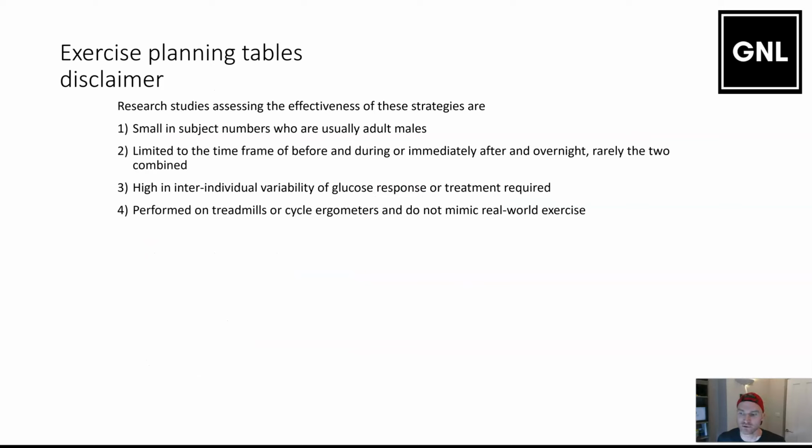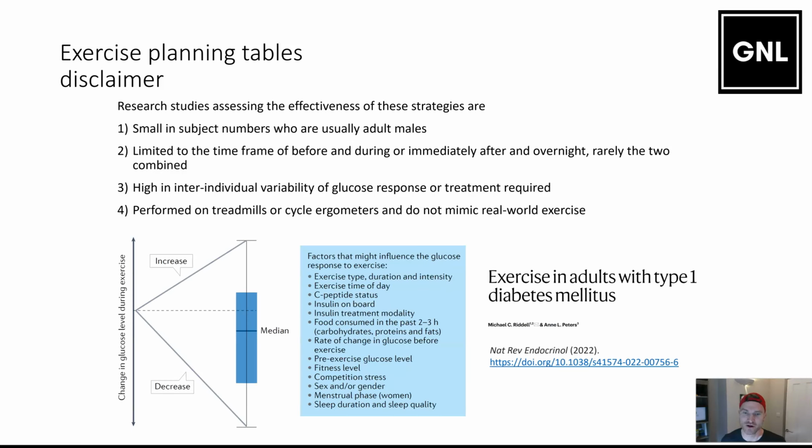I'm about to show you the table that we use where I work. Before I show you that, I just want to say that the table is based off very limited research, because there hasn't been a great deal of research within this area. And the research that there is, as I've just shown you on previous ones, you're looking at studies with only 30 people or 15 people. They're generally adults and they're generally done in controlled lab conditions. There are loads of reasons why the glucose level behaves very differently from day to day, even if you follow the same plan. Such things as how much insulin's on board, your fitness level, are you someone who's still